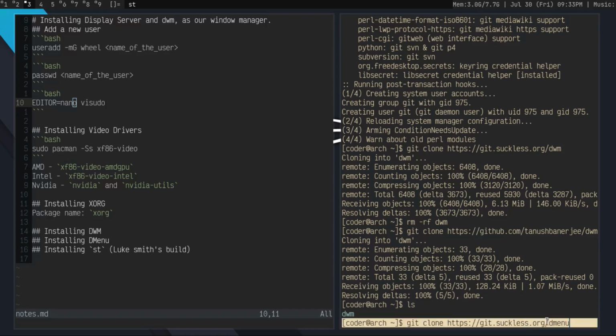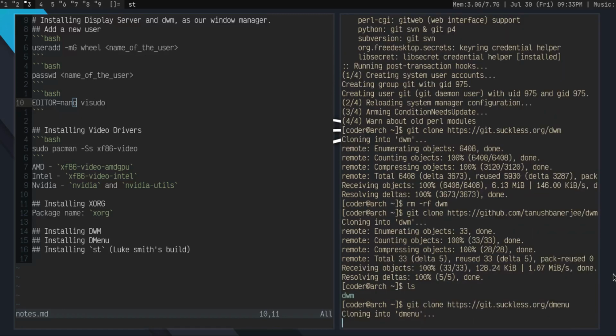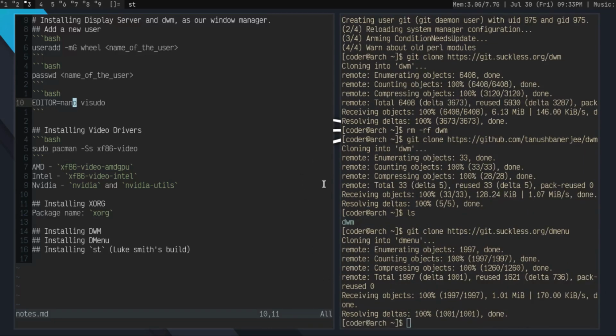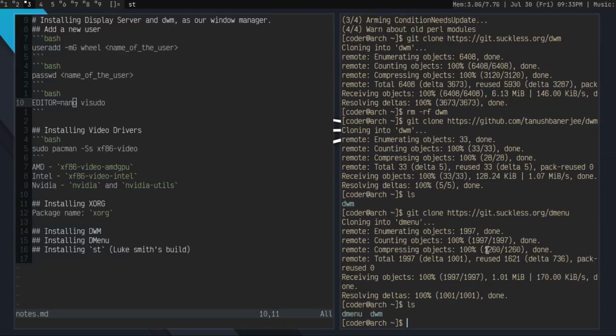This is the same URL to install DWM, but instead of DWM at the end, we can just type dmenu. Now it will clone dmenu. It's a very short program. Dmenu is the run launcher so that you can run programs. Okay, this thing, as you can see at the top. So yeah, after this is done, now we have dmenu installed.